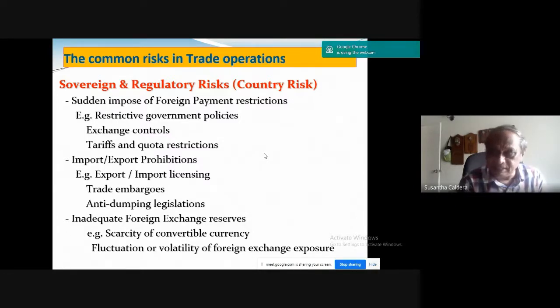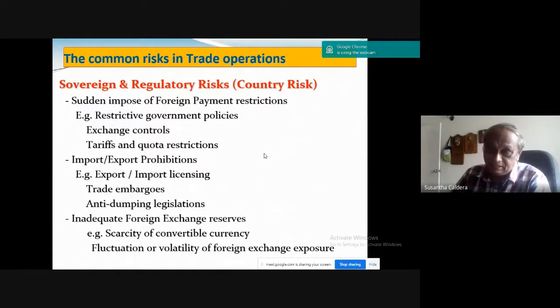Sri Lanka doesn't have a trade embargo, but there are trade embargoes on North Korea. By whom? By the United Nations, UN, as well as the US. Right? Again, there are trade embargoes against